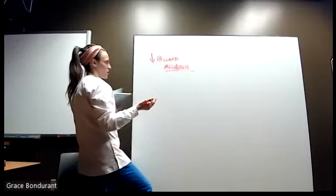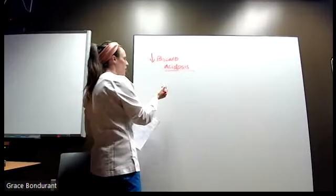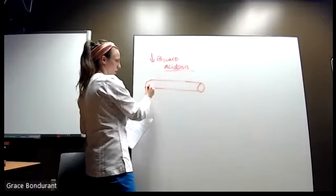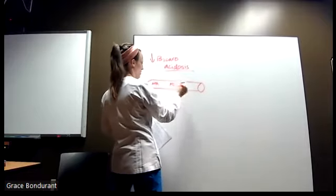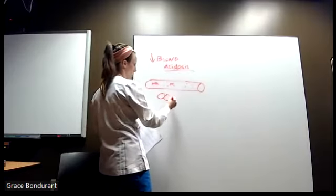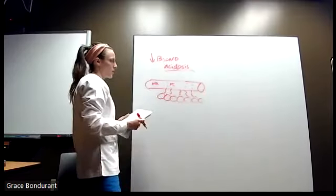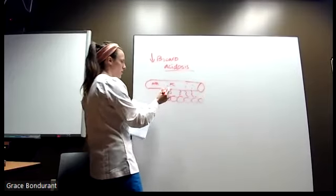So in acidosis, I don't know if you remember any of this stuff, but you have electrolytes inside your bloodstream, right? This is a vessel. So in the bloodstream, you've got sodium, you've got potassium, you've got blood cells, whatever, chilling. And then here are your cells, the tissues that are getting perfused with the little capillaries and stuff. So in acidosis, the pH shift causes,